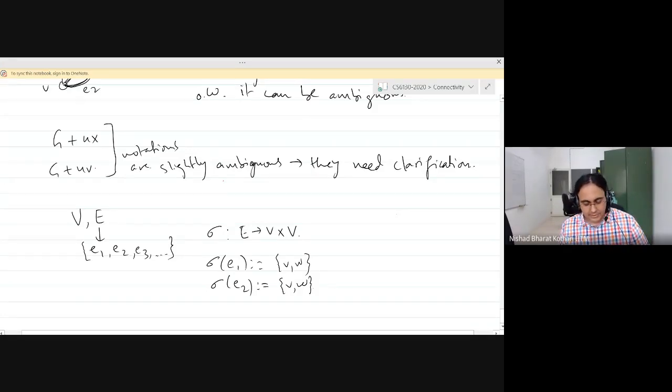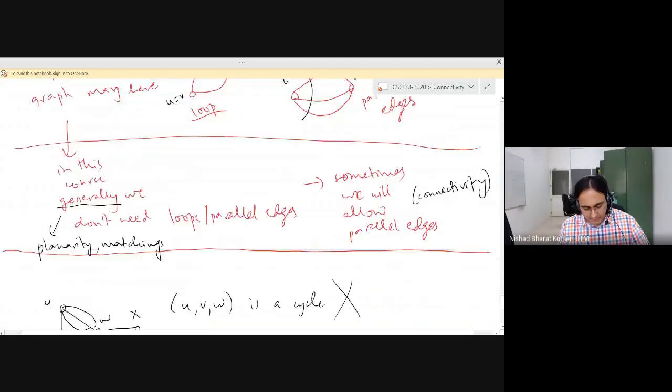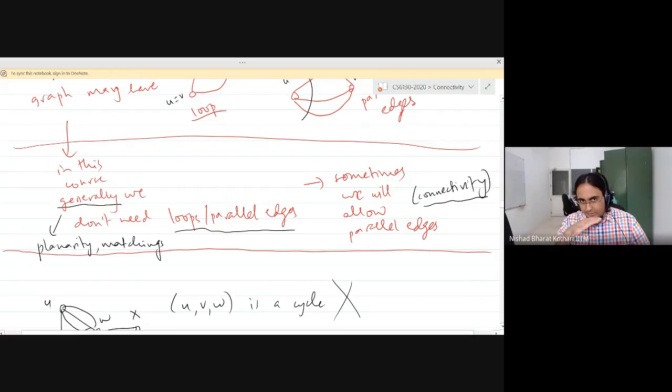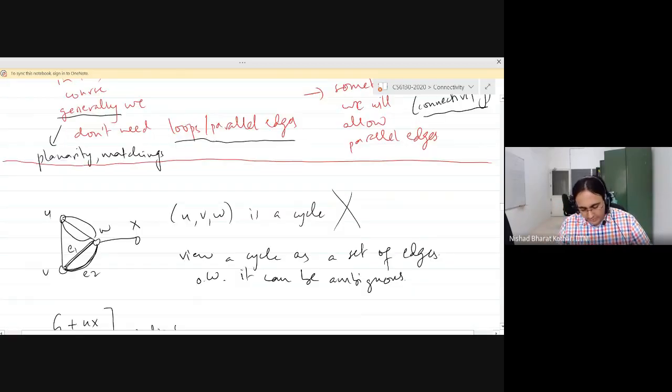So during our discussions, I am going to refer to simple graphs, which basically means that we will not allow loops and parallel edges. But in the case of connectivity, you can actually allow parallel edges, and all the discussions we have had so far just go through. Another thing I should point out: when you allow parallel edges, a cycle can be of length 2. This is also a cycle. But when you don't allow parallel edges, the minimum length of a cycle is 3.